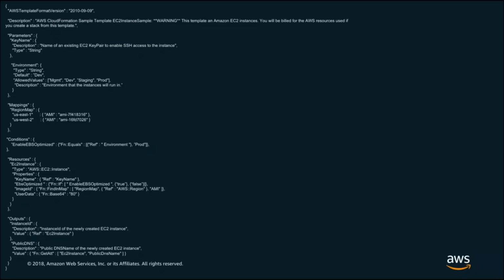So I had talked a little bit before about how SAM is built on top of CloudFormation. CloudFormation itself is actually a really incredible product at AWS. It's got a lot of different capabilities. We see here a very, very basic CloudFormation template actually, and I don't expect you to be able to read this really small text on the screen.